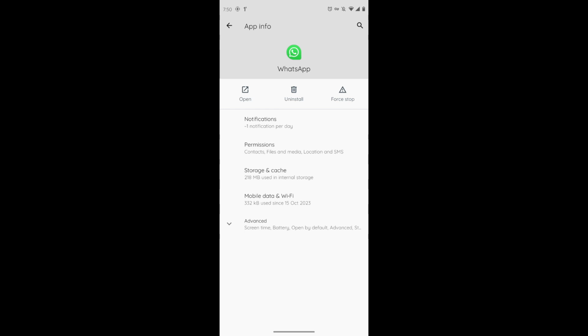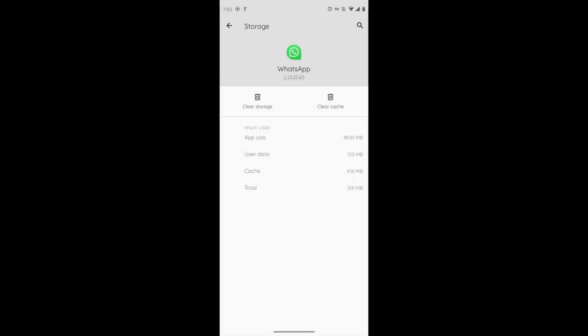What you have to do is just tap on storage and cache and try to clear your cache and your storage. And after doing that your problems might be fixed, and even if that doesn't fix your problem, what you have